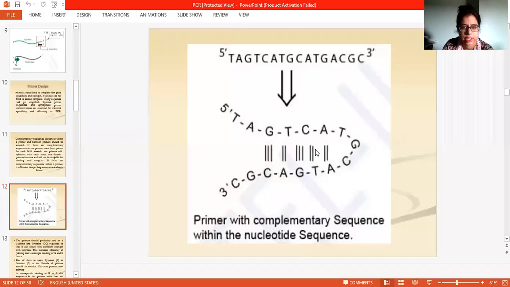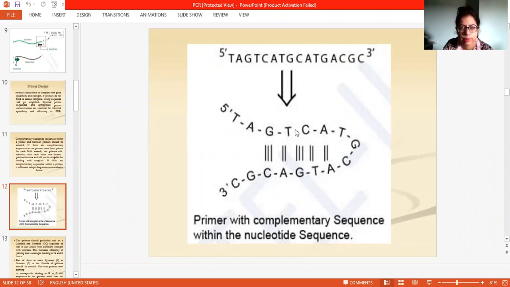So here I am showing this diagram. You can simply see this primer with the complementary sequence. All these points we have to remember in our mind, that primers should not have any kind of complementary sequence. If they have complementary sequence, they can arrange like this, that their complementary regions come face to face and they will make their own pairing, and they will create the hairpin loop structure.